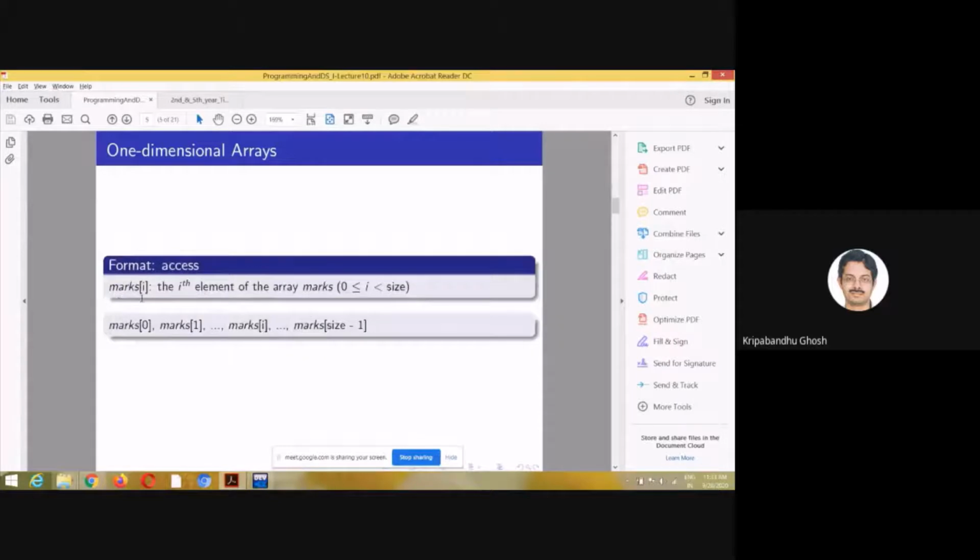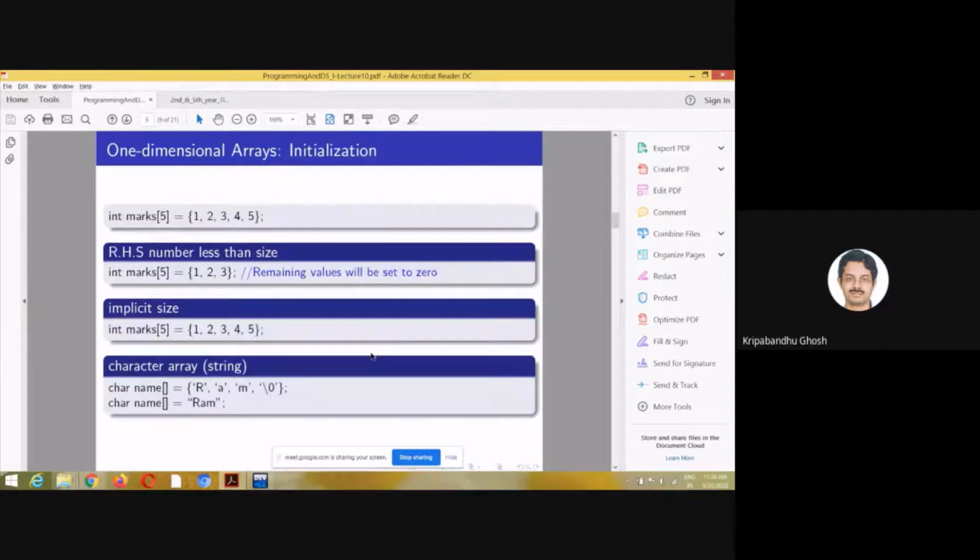So marks[i] means the ith element of the array marks, where i runs from 0 to size - 1. So marks[0] to marks[size - 1] are the elements of the array.